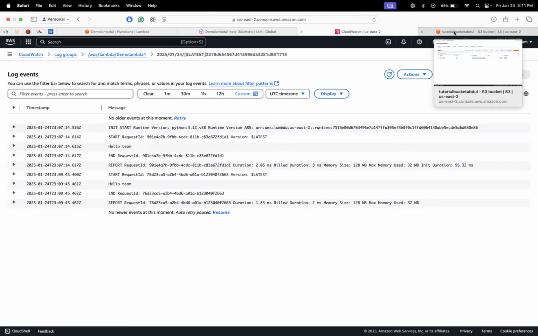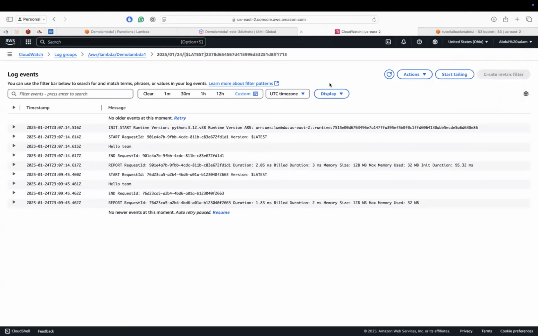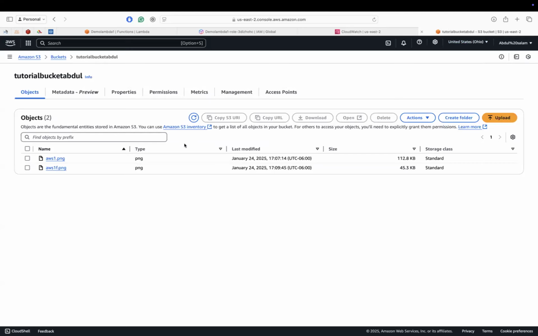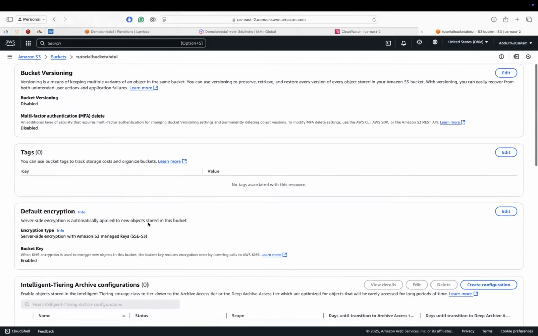So whenever some code is added into the repository, it automatically takes the code from there and deploys it. You don't have to manually check the bucket and say, okay, something was added, I have to go build and deploy it. This is how it deploys your items. This is the advantage and beauty of Lambda: an event-based resource. If you come to S3, to this tutorial bucket, and check the properties,